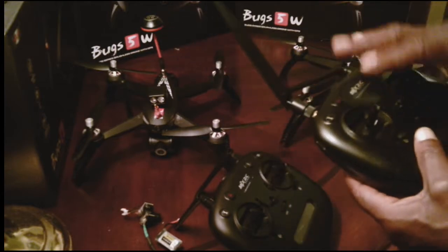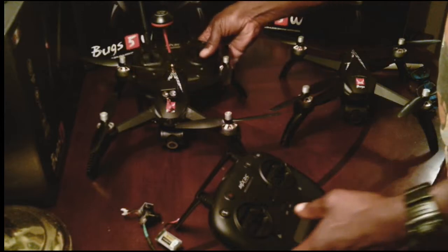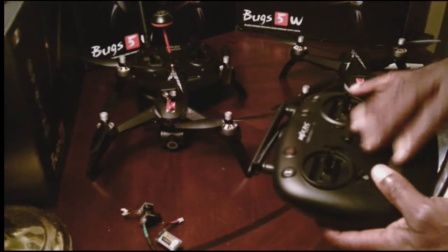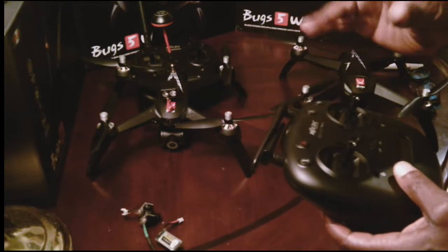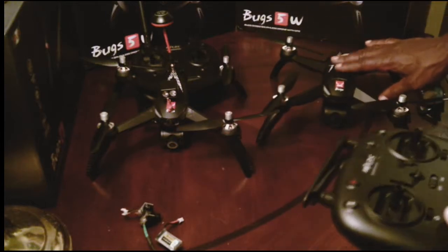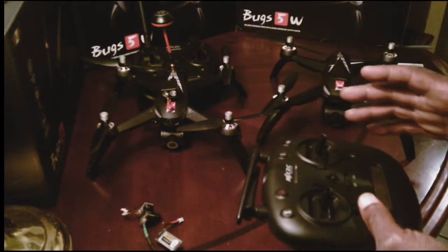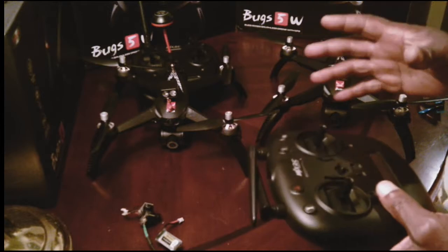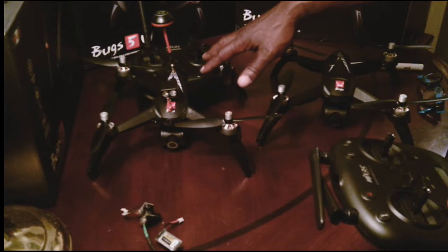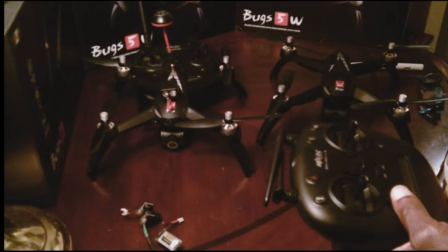So basically, this remote is for this bird that's already been boosted. So what I'm going to be doing is setting up this remote here. I'm going to tear this apart, go in there, and come up with something, and set it up with this bird here. So that's what the video is going to be about. So if you have a Bugs 5W and you're thinking about boosting it up, you want to do something similar to this kind of setup, you guys get your stuff ready, and I'm going to show you what kind of little